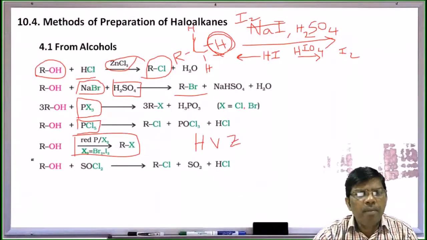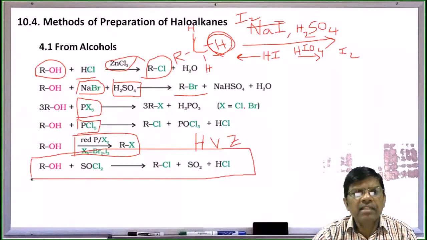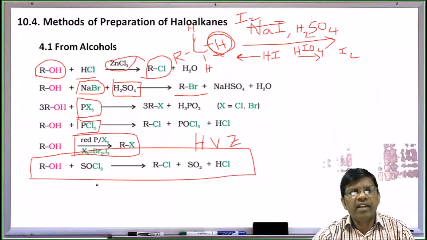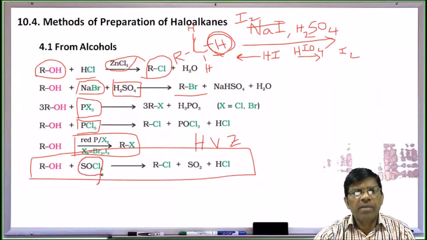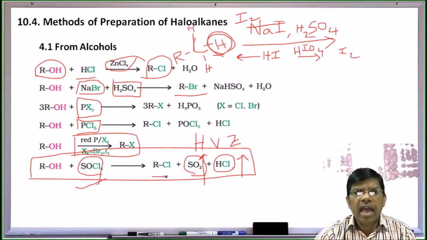However, the common method used in an organic chemistry synthetic laboratory is treatment of alcohol with thionyl chloride. The thionyl chloride method is the best one among all these methods, because the side products coming out from the reaction are sulfur dioxide, which is a gas, and HCl, which is also a gas. So these gases will evaporate from the reaction mixture, and the leftover will be the pure alkyl halide.